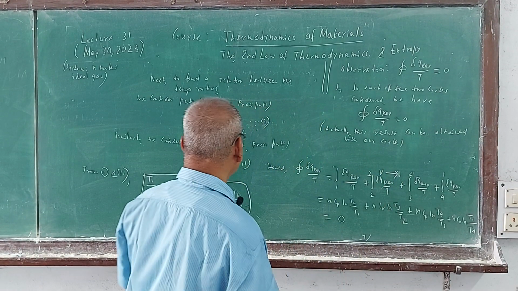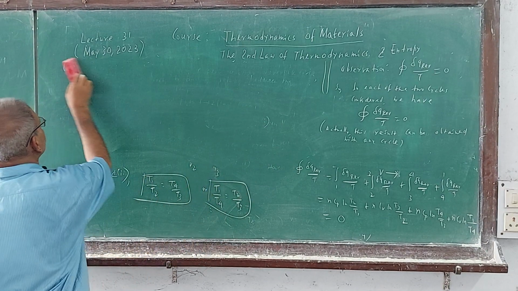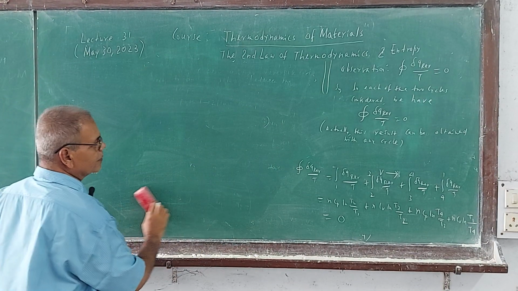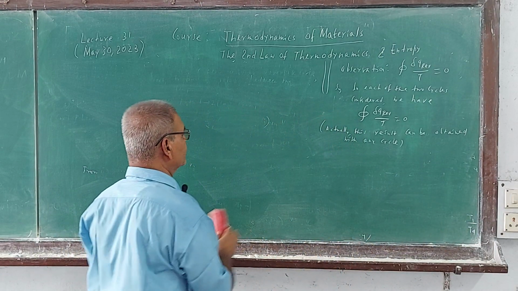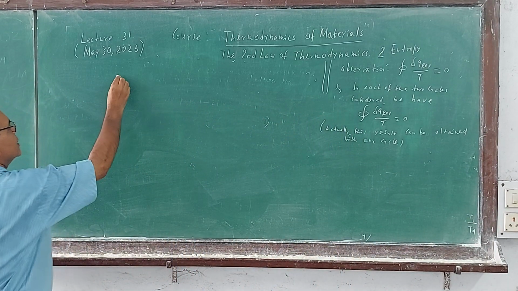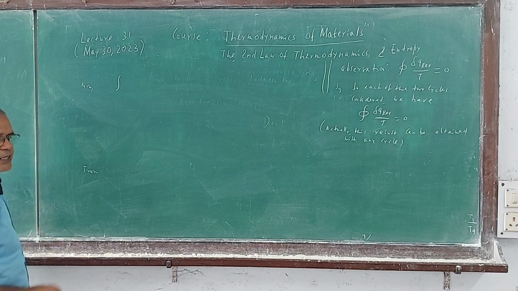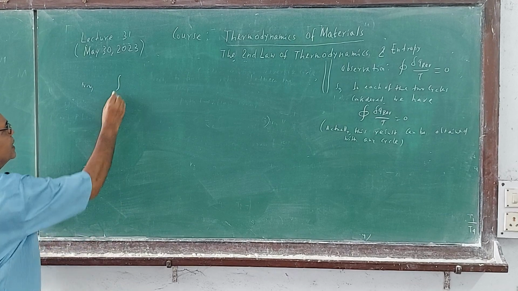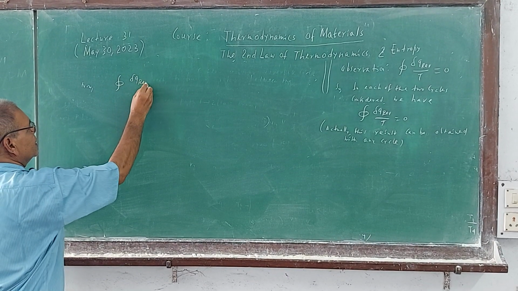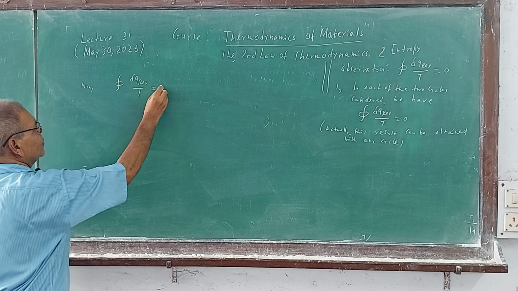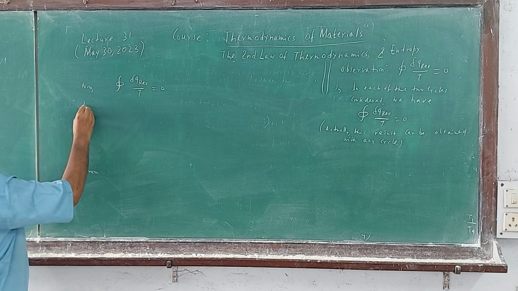Now take up. So we have an interesting observation. Remove all these things all over. Start from here. So what does it mean? Cyclic... now interpret this observation. The cyclic integration of dq reversible by T is 0. What did we learn before? We learned before